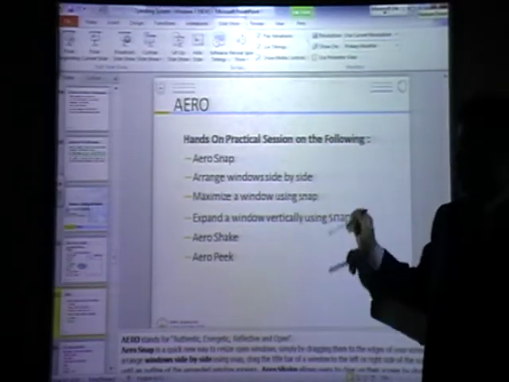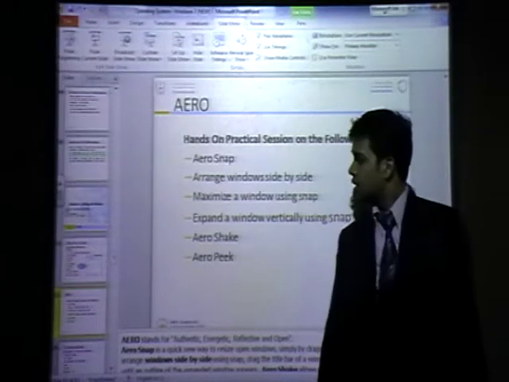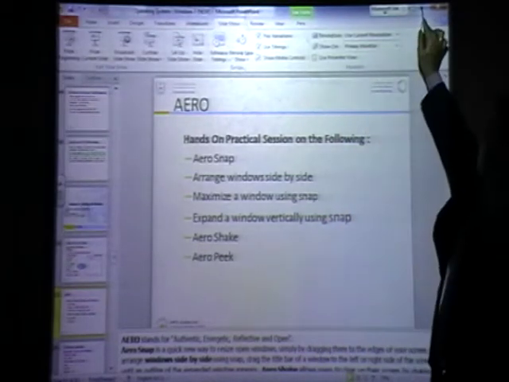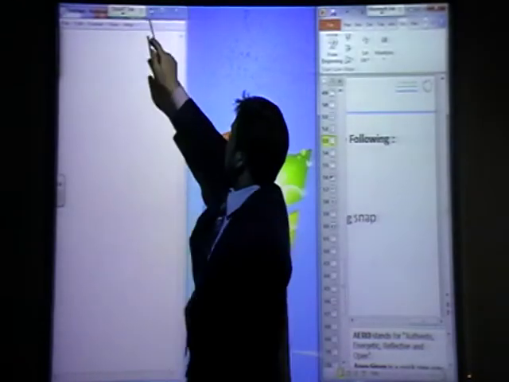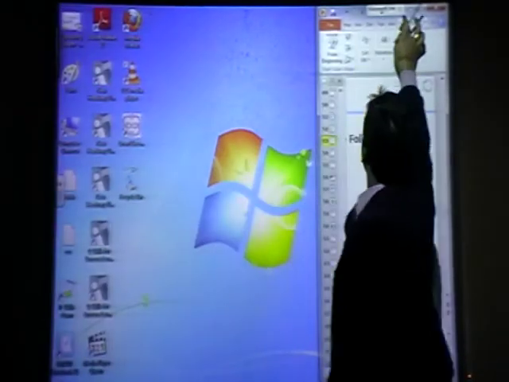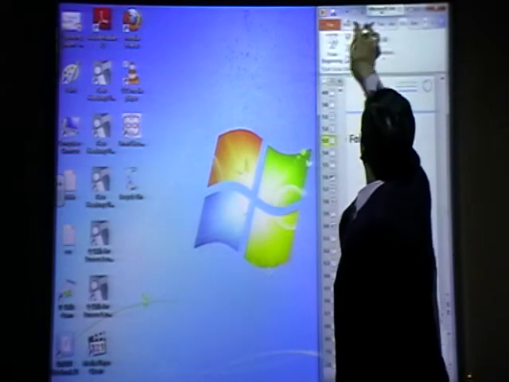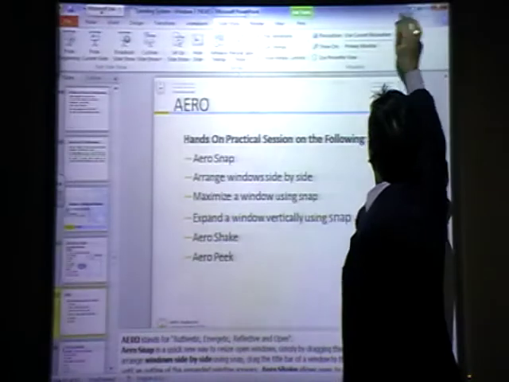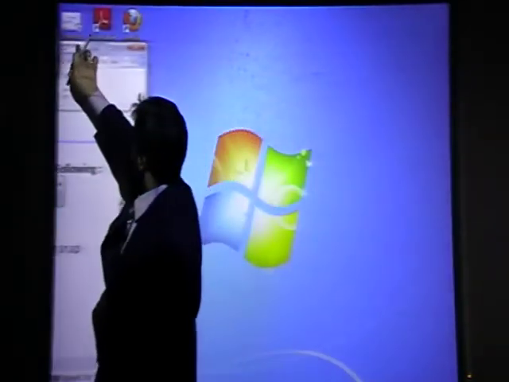Arranging windows is over. Arrow snap. Arrow snap means, I will make this window small, this one down, I will minimize it. Look here. I am taking this window here.